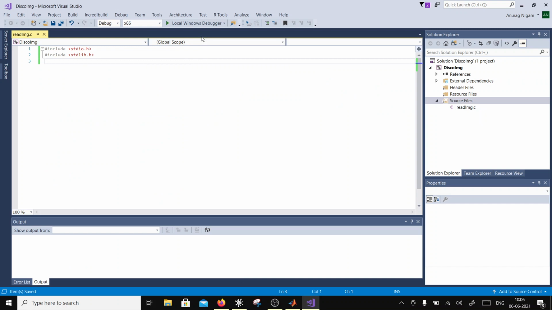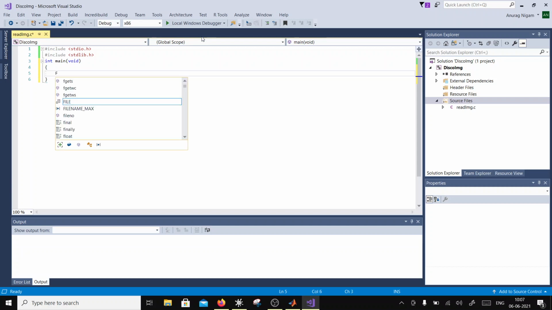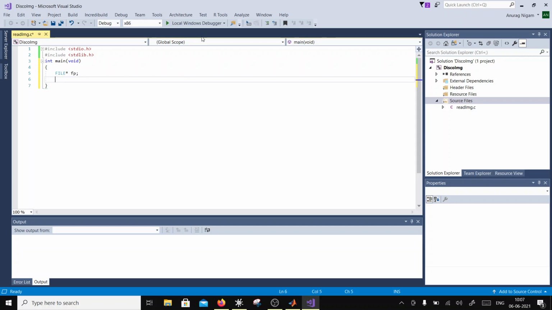So here I am going to have int main void, and I'm going to write the code here. First and foremost, I'm going to have a file pointer fp, and then I'm going to do an fopen. So fp is equal to fopen, and here I'm going to put a string, which is going to be the complete path of the file.